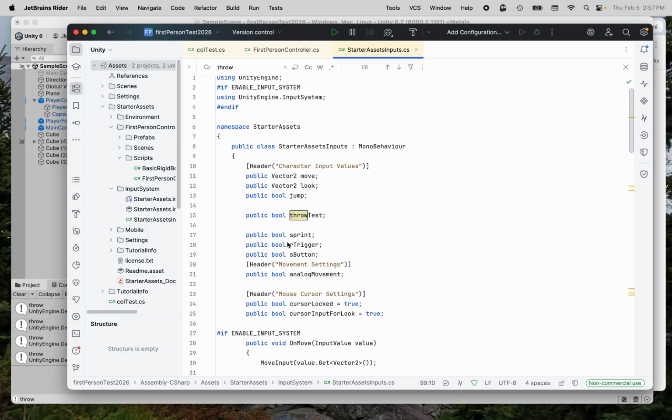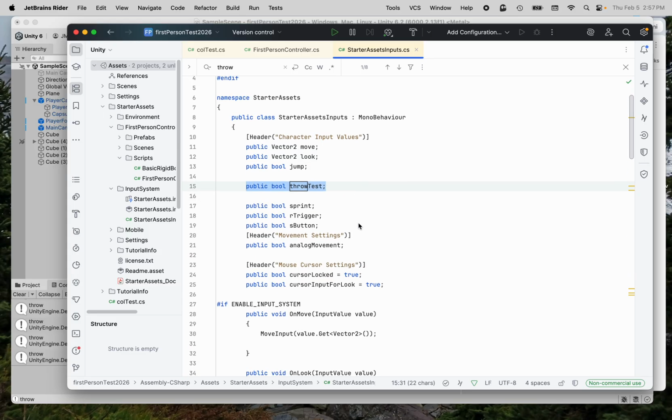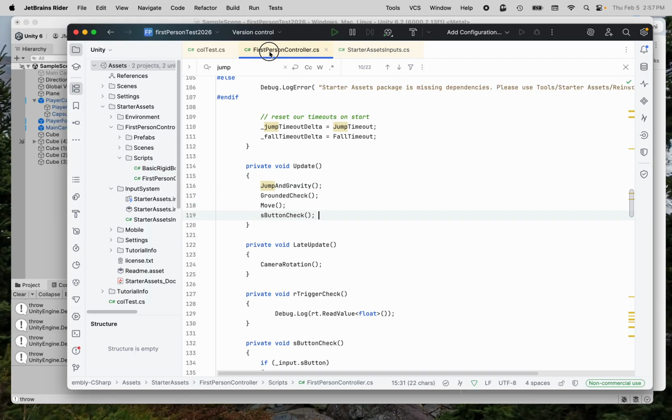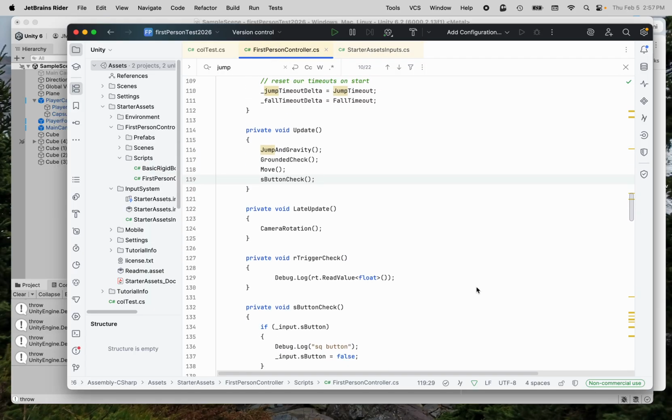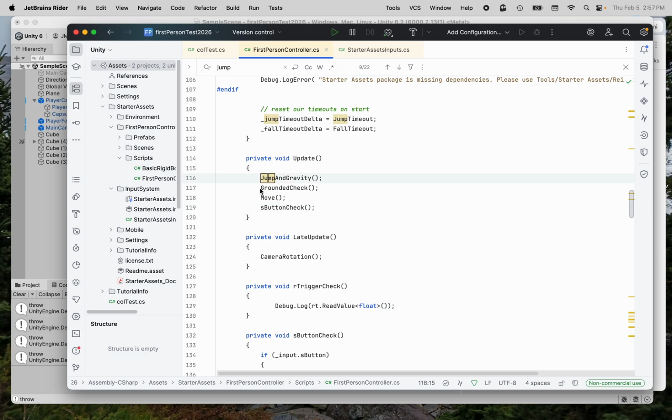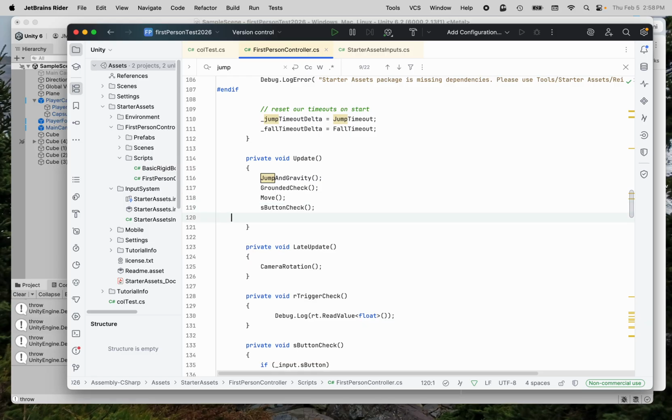Now one thing we did when we made this is we made throw test a public boolean. And so if we want to look in our code, here's where we're actually grabbing things like the gravity and jump and move, and this is where that logic of moving the controller around is actually happening. So it makes sense we'd have throw in here, because this is where other stuff is also happening. So let's make a function called throw check,